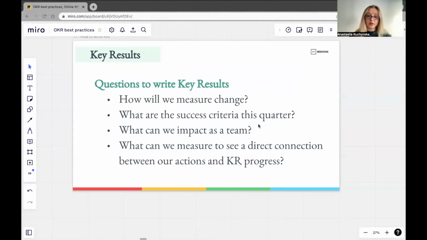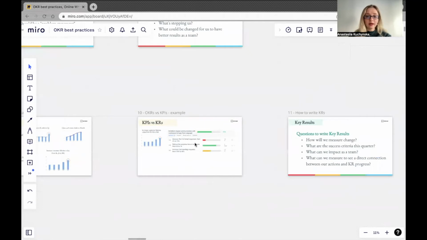This is very important. The team that is writing the OKR needs to be fully responsible for impacting them. It cannot be, oh, we couldn't achieve our OKR because all of those other teams didn't do their job. No, write an OKR that you can fully own. Otherwise, it's just not going to work. Ownership and accountability only work if you're writing goals that you can control, writing OKRs that you can control and achieve as a team. What can we measure to see a direct connection between our actions and KR progress? So if we come back here,